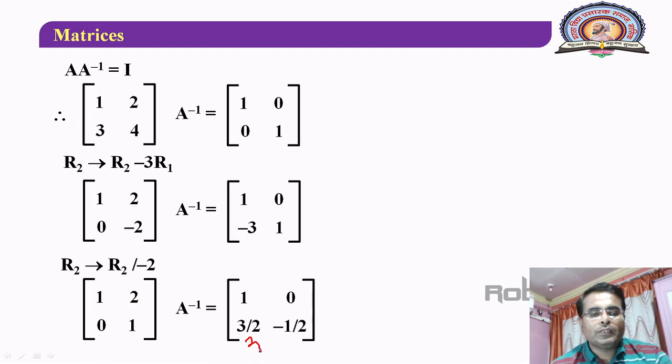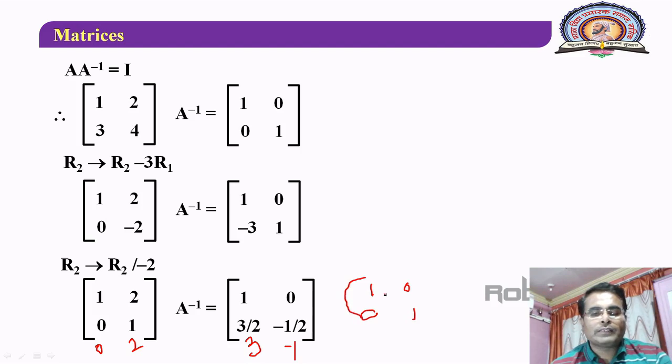Here you will get 3 multiplied by 2. Here also we have to multiply by 2. Here 0 as it is. Here 2. Here if you multiply by 2, here you will get 3. Here you will get minus 1. And that you have to subtract from first row. So what your first row becomes, 1 minus 0, it is 1. Then 2 minus 2, it is 0. Then 0 1 remains as it is.